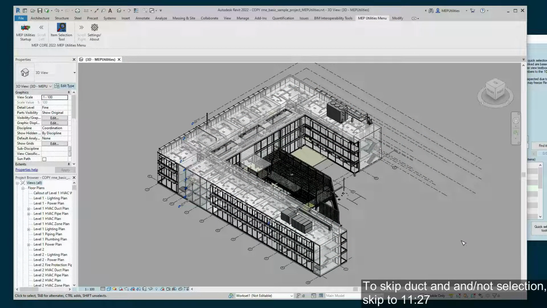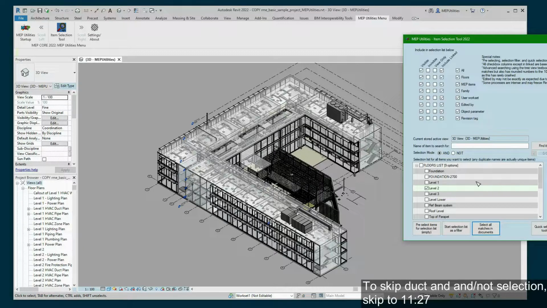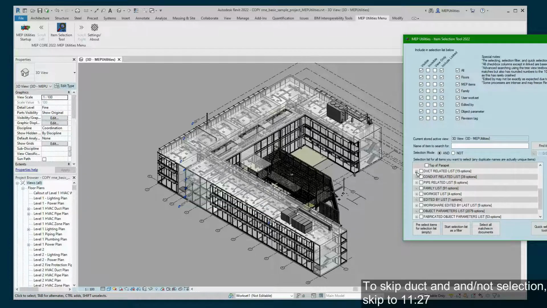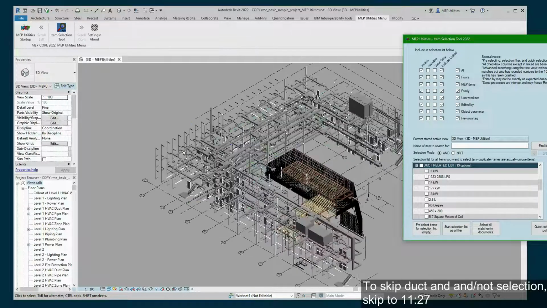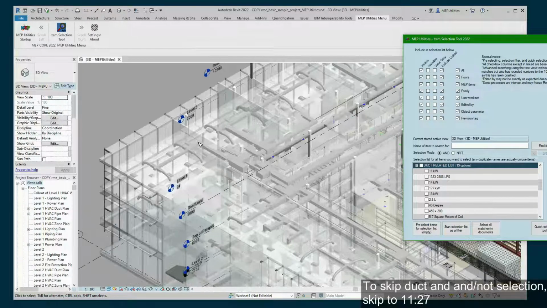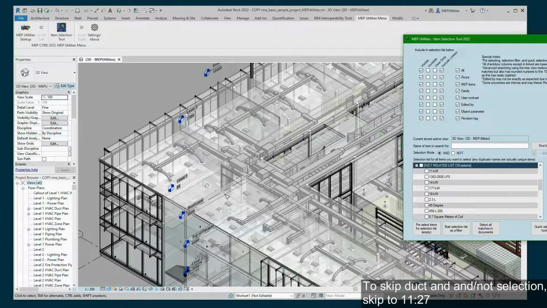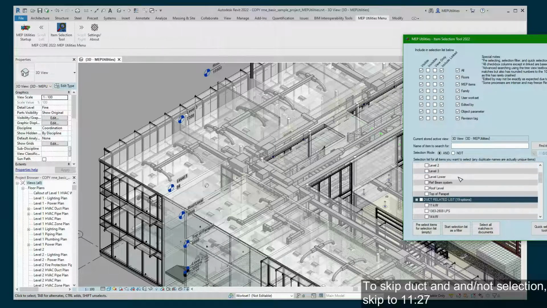that we want to do something a little bit more interesting. So we have the duct related items, which will select anything that's duct related up here. So let's go ahead and zoom in. And as you can see, there's a bunch of duct running through here on level 3. And if we select level 3,